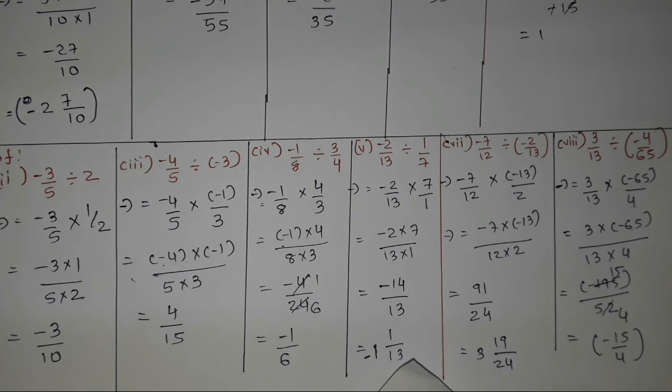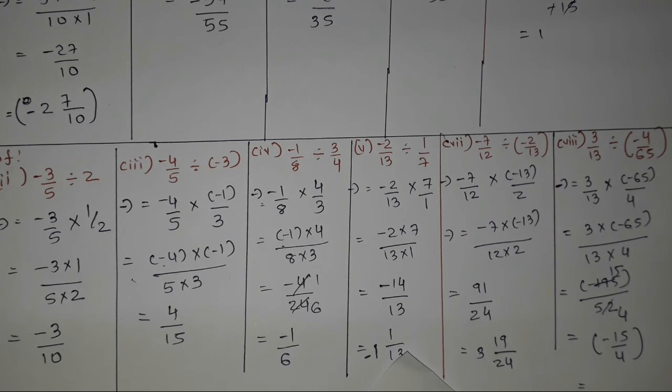So that is our answer, and here the value of denominator is lesser than numerator, so we can also convert this into a mixed fraction. So 4 threes are 12. In that, if I add 3, we will get 15 upon 4, and that is negative. So minus 3 integer 3 upon 4, that is our solution.